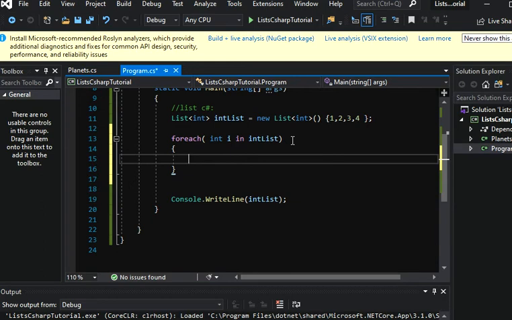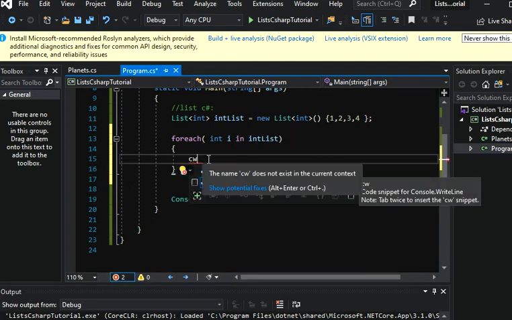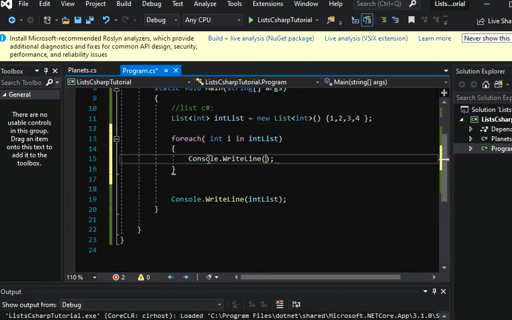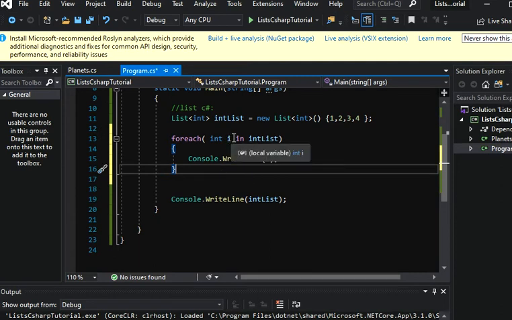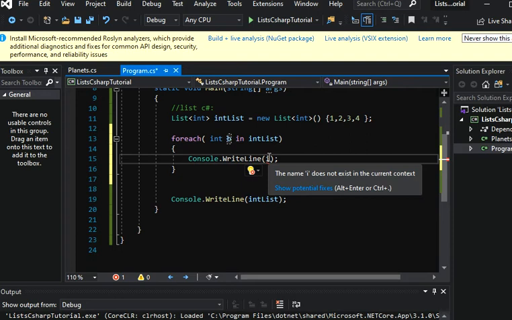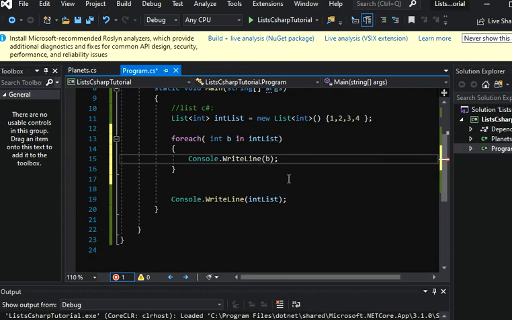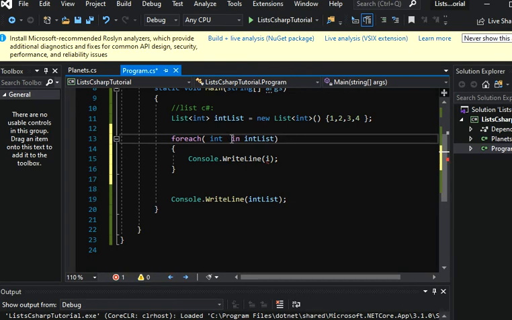Okay, and then I'm going to console write line. So I'm just gonna use a snippet, CW tab, and then I'm going to print my I. Okay, that's perfect. So if I have this name here as a B, then I'm going to print B instead of I. Okay, so I'm just gonna keep working with I,